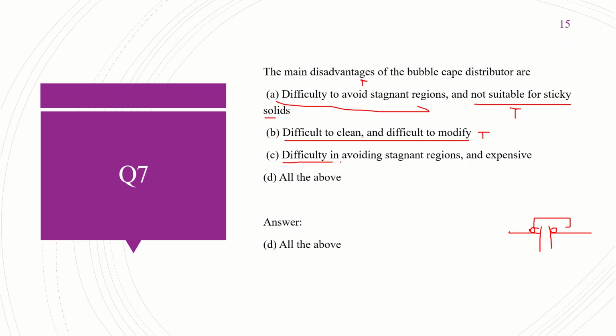And again, difficulty in avoiding stagnant regions is true. And yes, it is expensive, right? In the last question itself we saw which one was comparatively cheap and easier to fabricate. It was the perforated plate distributor, whereas the bubble cap distributor is very difficult to